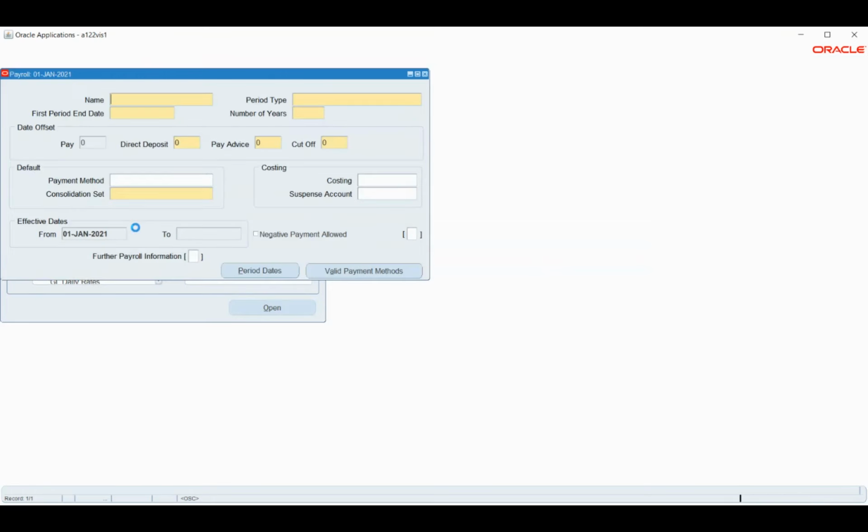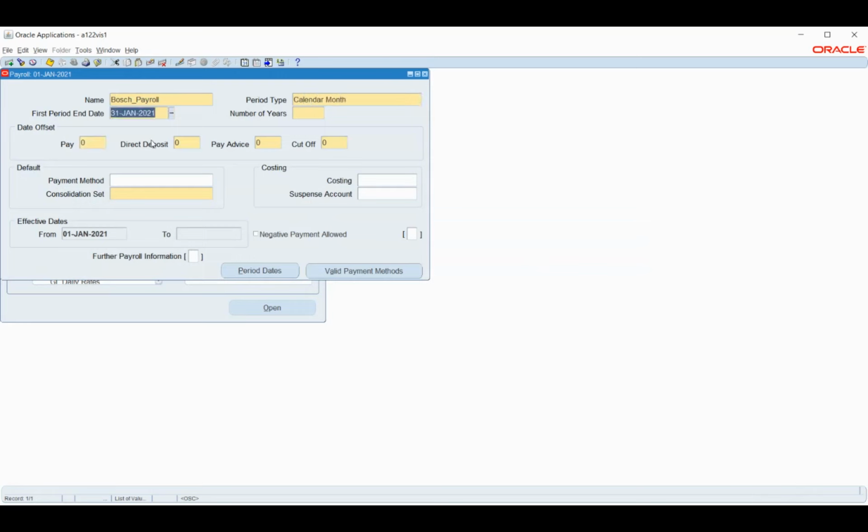So that is description, payroll description. Is created. Okay, fine.